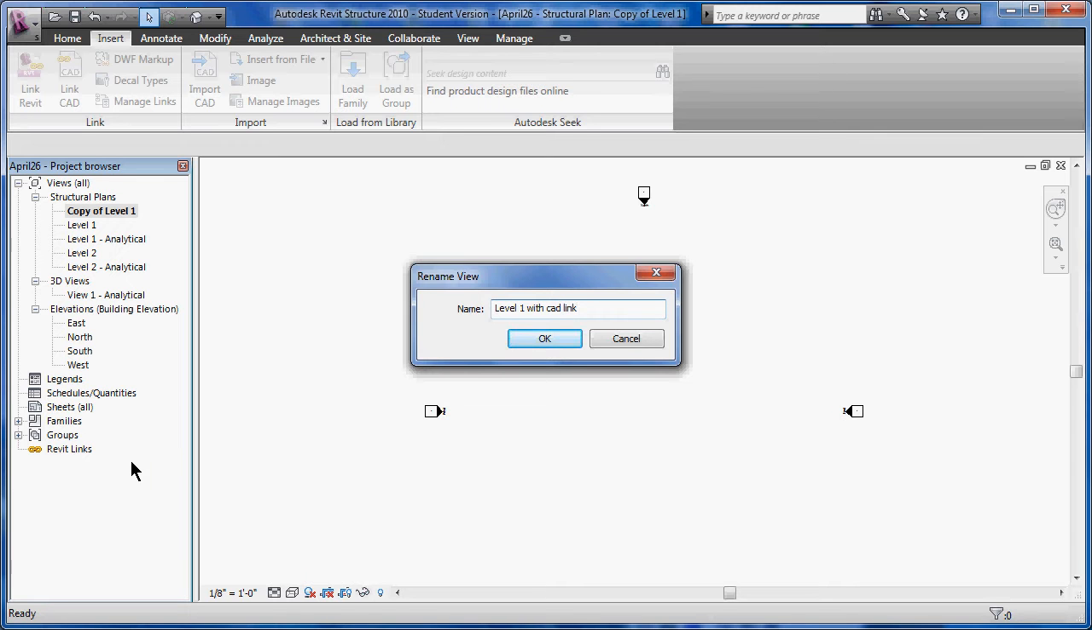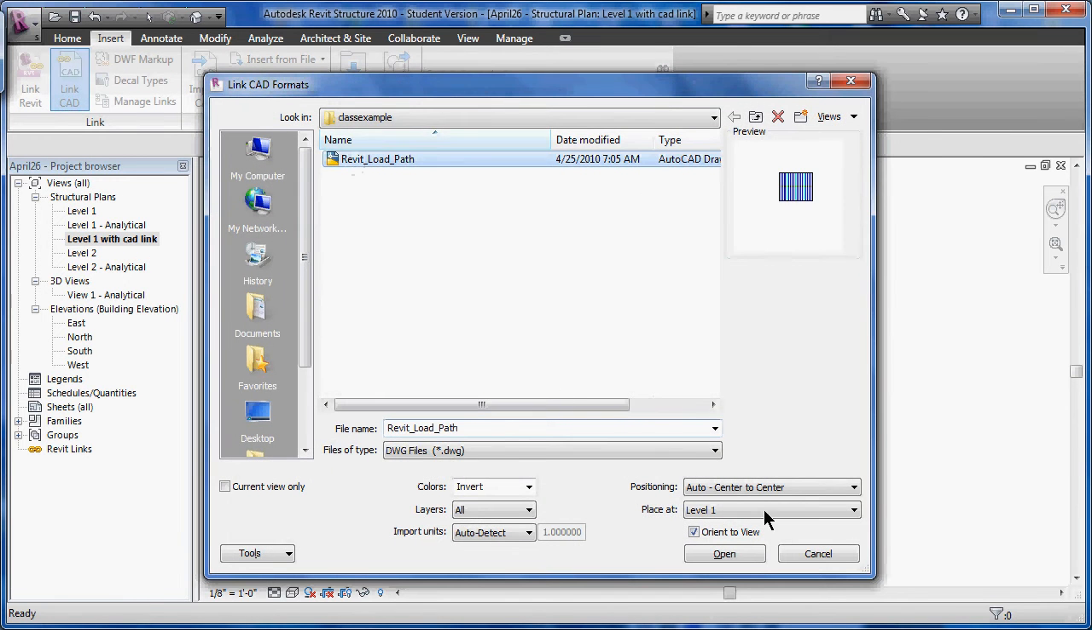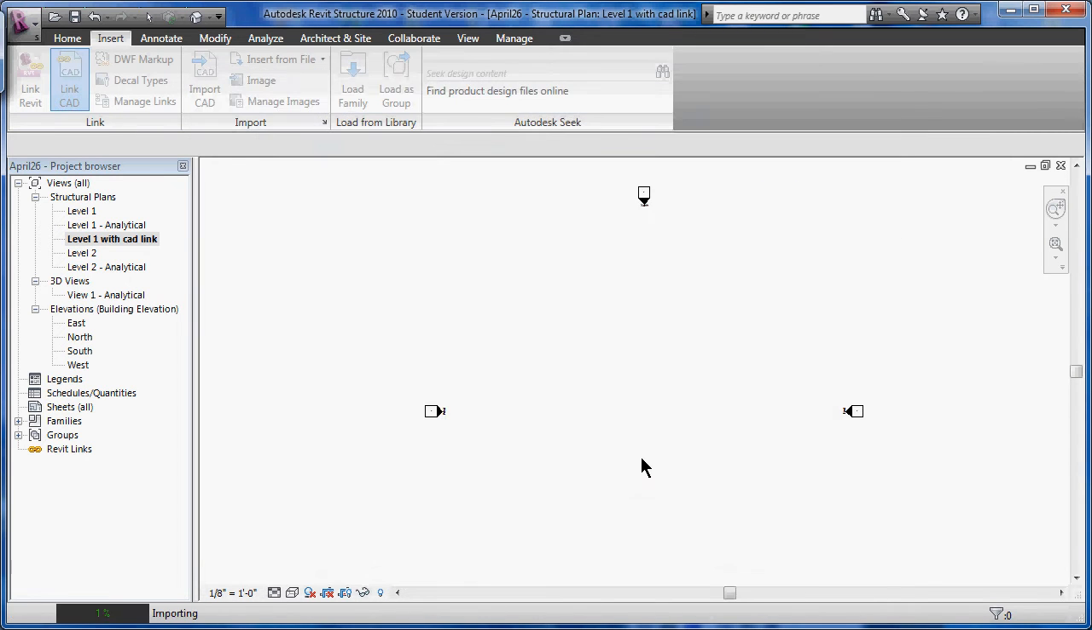So you want to get used to making a lot of views, just like you do in most other programs. You're now in that one, and you do your link CAD, Revit path. Remember, we go origin to origin, auto. We're going ahead and place it level 1. We hit open there. It should come in. It takes a little bit of a while. When it does,